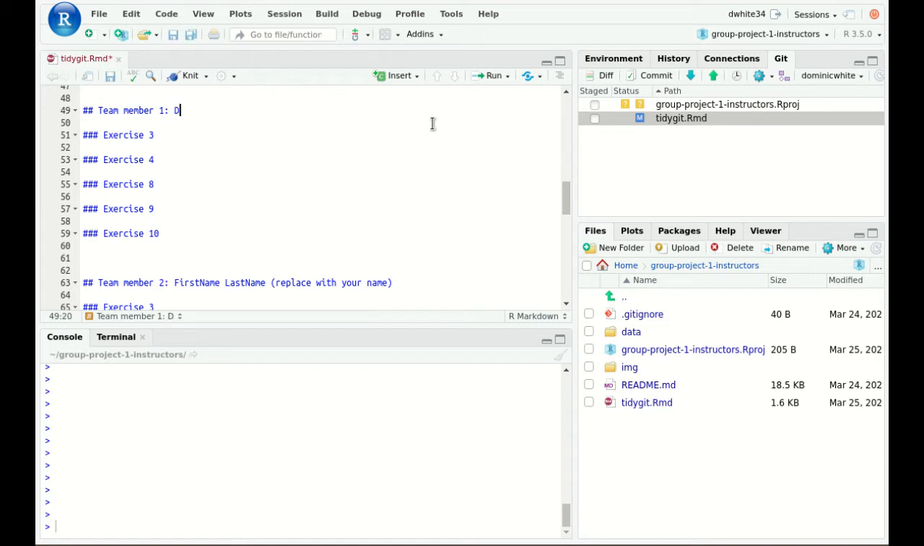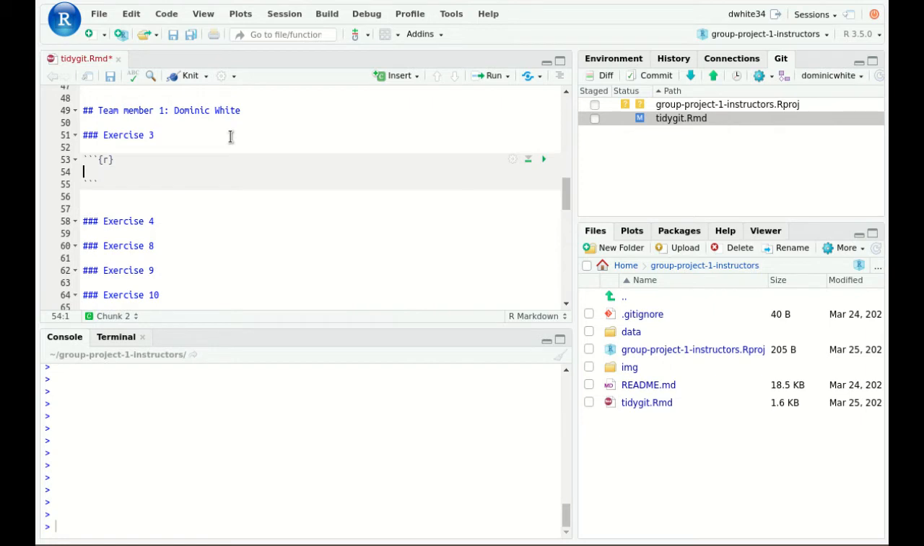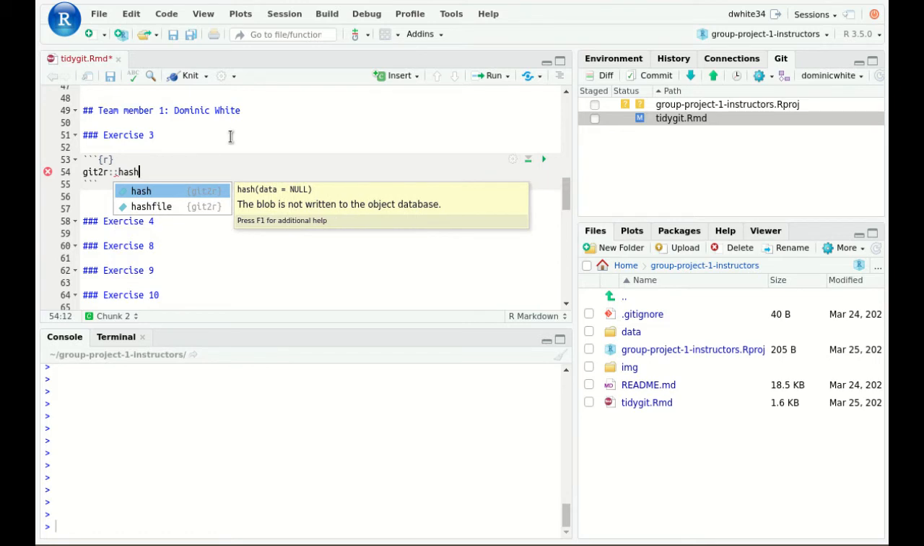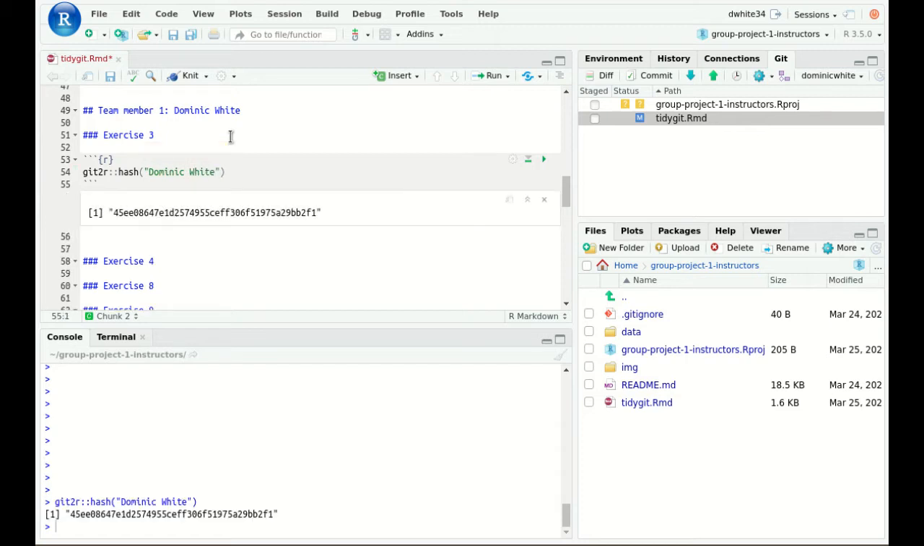So I'm going to replace my name here. I'm also going to add some code in. Now, a problem may arise if there's a miscommunication in your group and multiple people think they're team member 1. So if we now save this file,